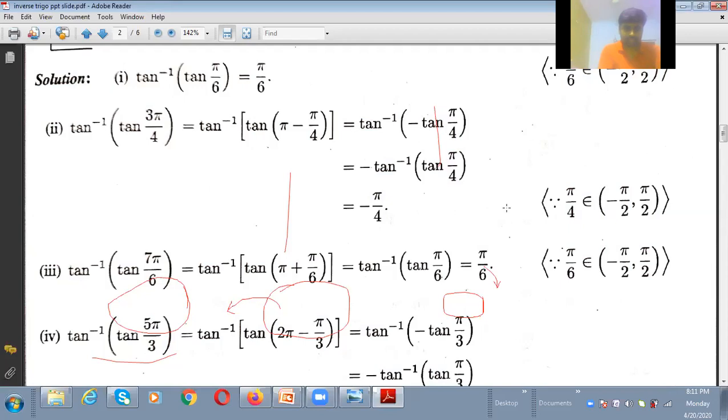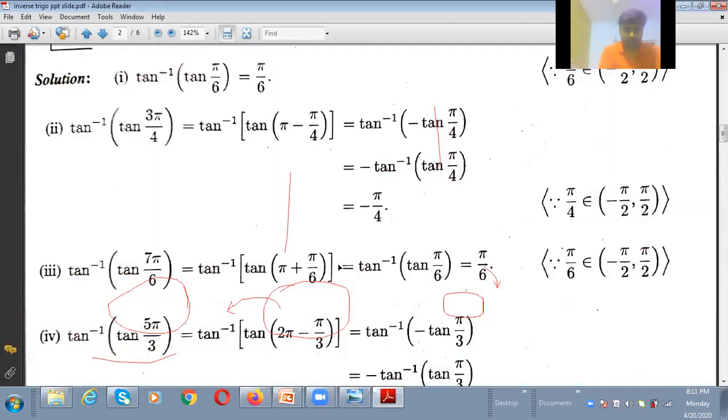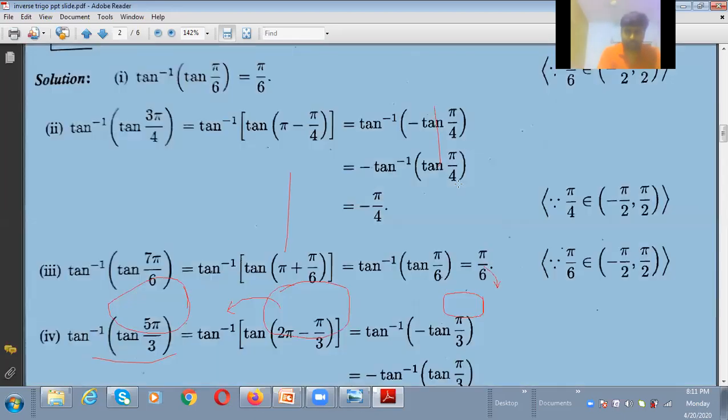So now next question, tan inverse of tan 7 pi by 6. Now see, tan of pi plus pi by 6, that is 7 pi by 6, I cannot take directly as the result. So pi plus pi by 6, we have to change it. So tan of 180 plus theta, tan is positive. So tan pi by 6 we can write. So now the tan inverse of tan pi by 6, tan inverse tan get cancelled there. So pi by 6 will be the answer there. Clear?